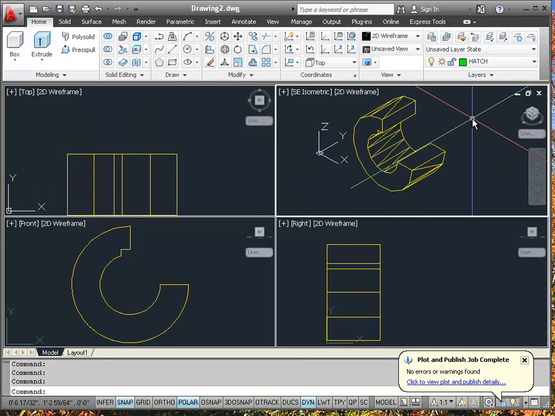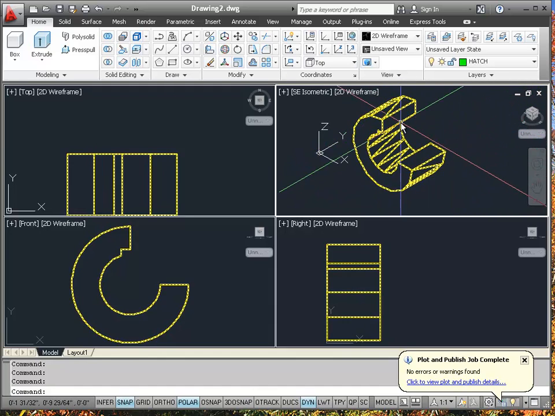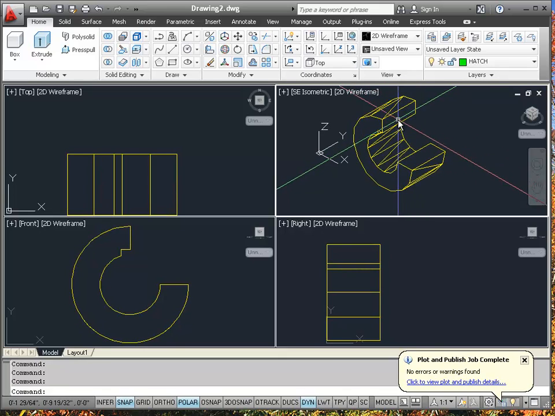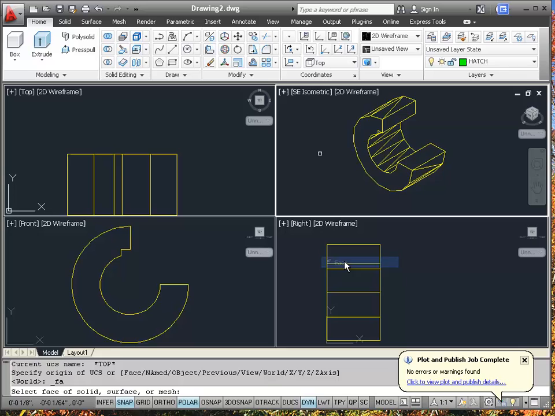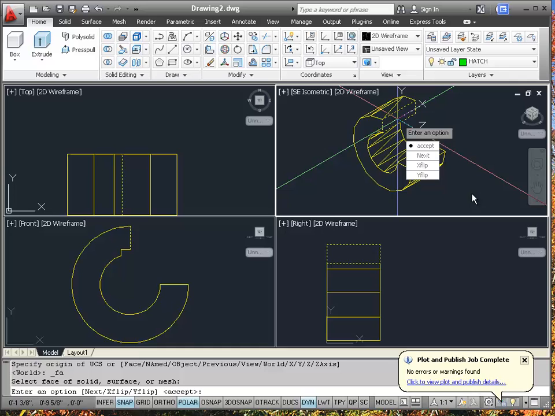Okay, so we're ready to move our user coordinate origin or system so that it is aligned with this top edge where we want some hatching to go. So what I'm going to do is right click on the user coordinate system icon, and that's what this little XYZ icon is called, the user coordinate system. In previous versions of AutoCAD it was a little more cumbersome to use. But what we're going to do is align it with a face. So I'm going to choose that, and then I'm just going to click on this face where we want the